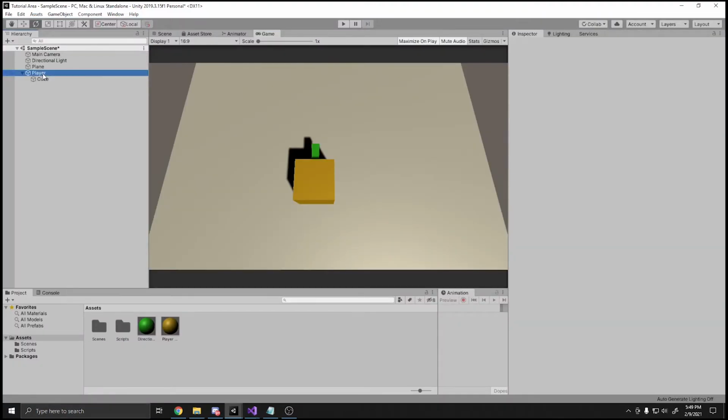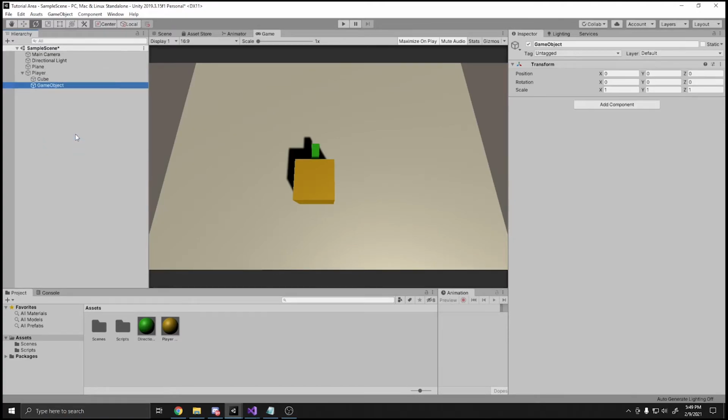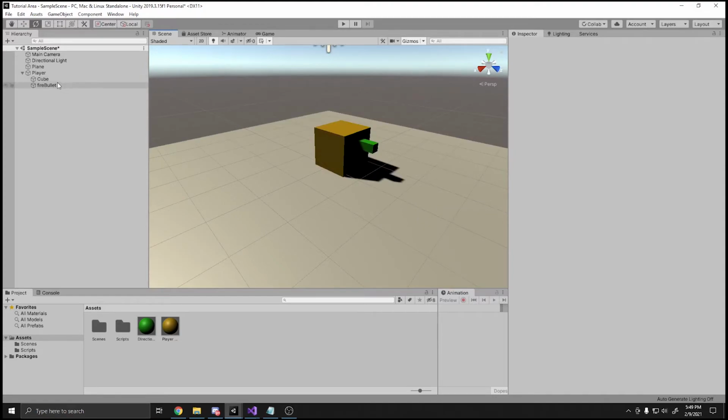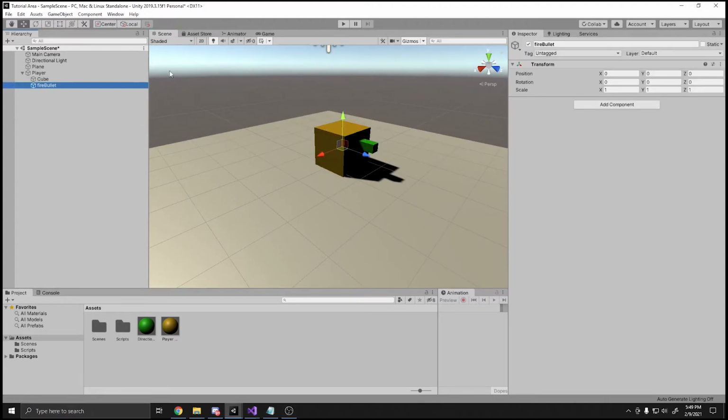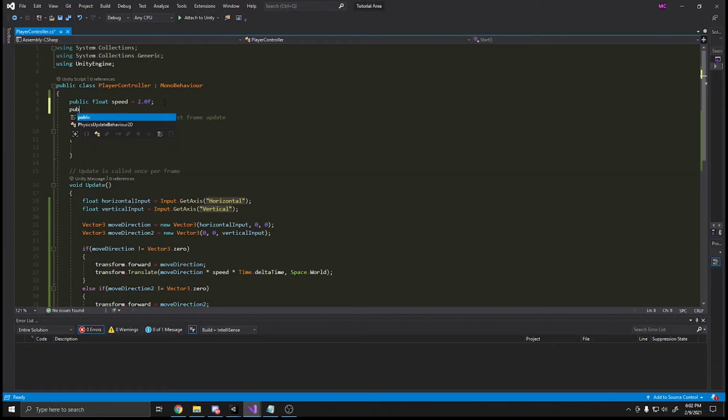We will create on our player an empty object, and we will name this fire bullet, and you will see in a minute why we do this for our script. And in our scene now we have to make sure that our fire bullet empty object is placed just ahead of this turret. We will instantiate the bullet from this empty game object,